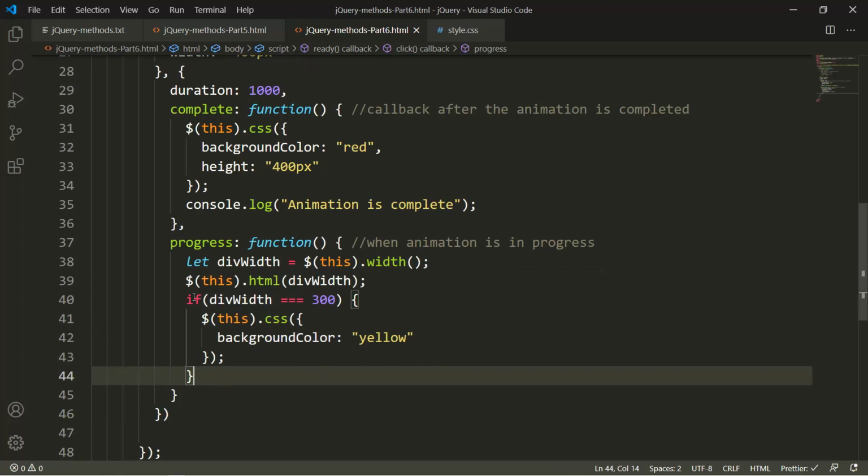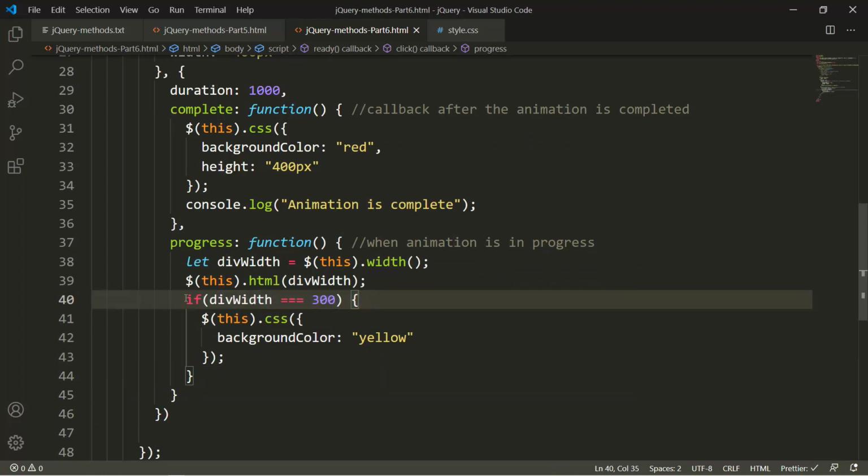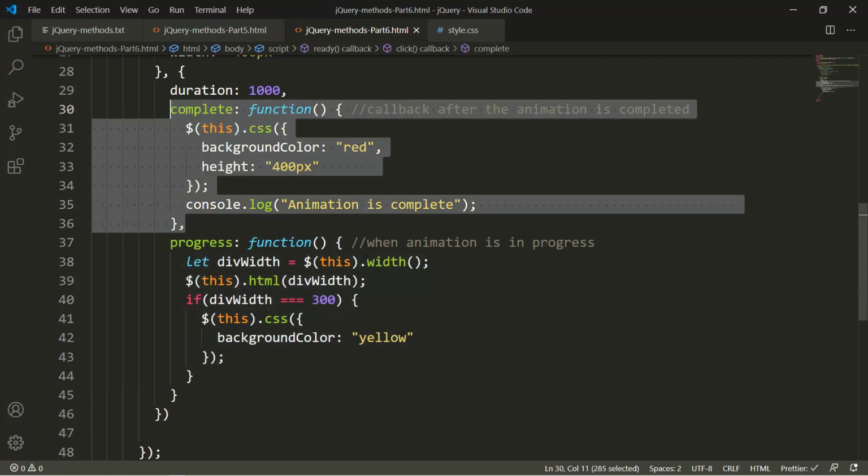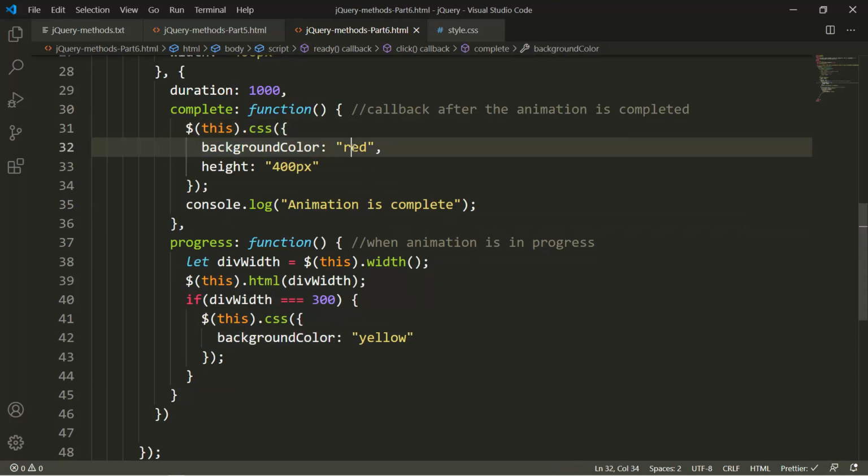It will again and again check if the div width is 300. If the div tag's width is 300, it will change the background color from black to yellow. And finally, when the animation is complete, it will change the background color to red. So there will be 3 background color changes: black, yellow, and finally red.